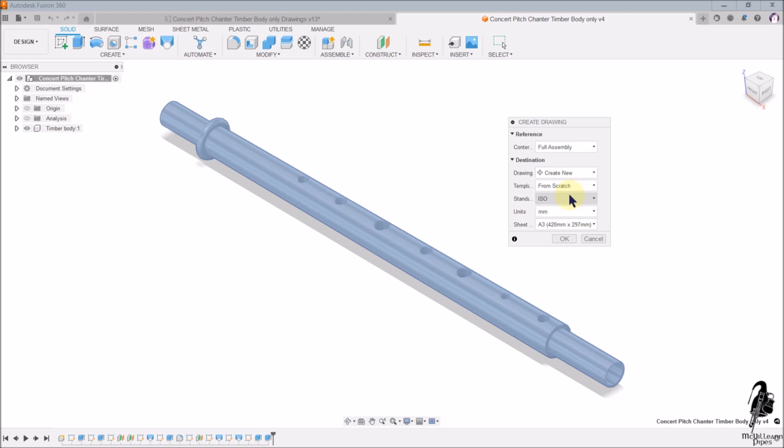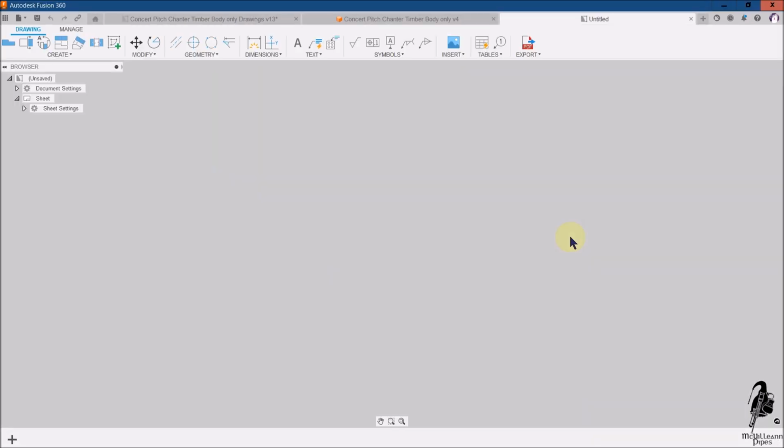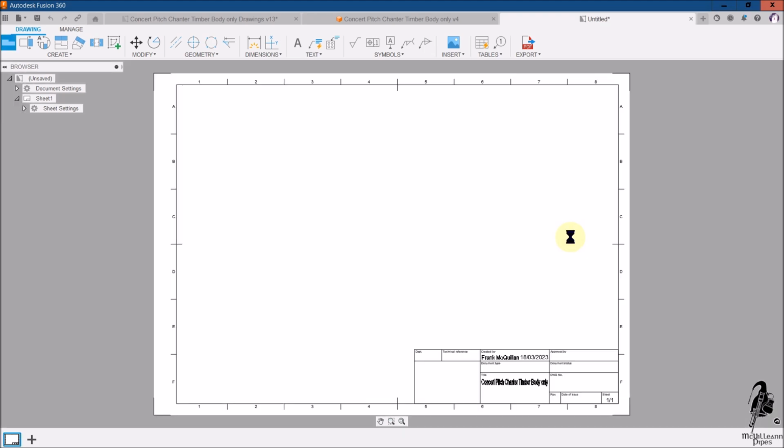If you're using this for your own academic work or for your own workshop, you need to figure out what sheet size you want it to be on. If you're going to print it on A4 as part of an academic document, then you probably change this to A4. If you want it to be 1-to-1 for direct comparison in your workshop, leave it at A3. I'm going to go with A3 420 by 297, so that's going to be landscape, which is the way I want it. Hit OK. We let the cloud do its thing for a while,